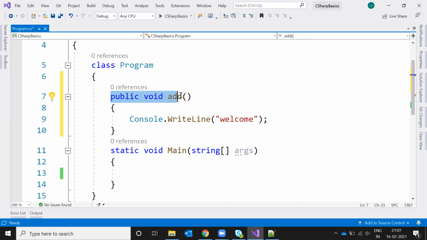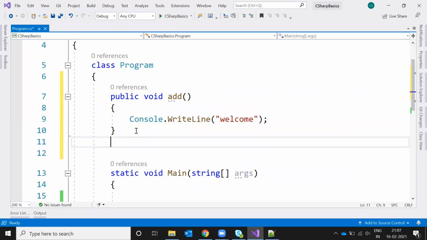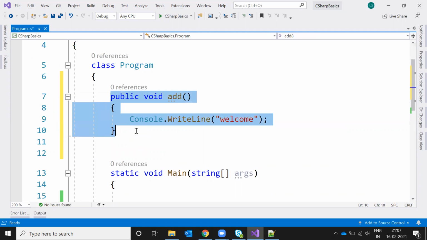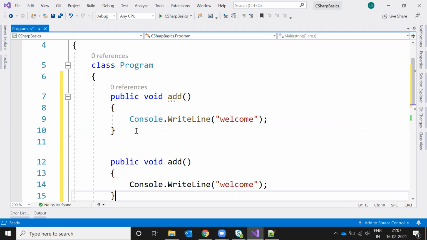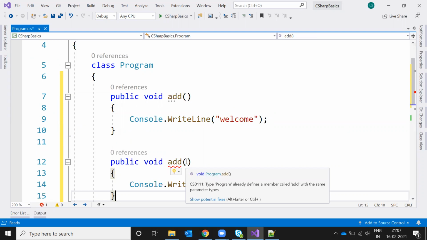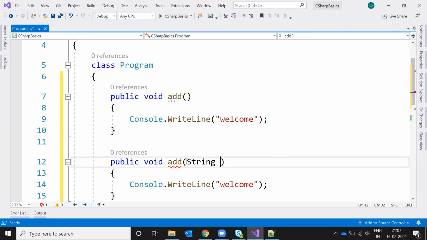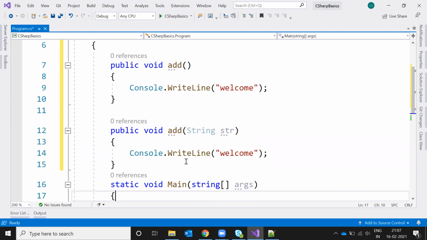Besides the function without parameters and without a return type, we can create the same function with a parameter, string str. Here string str is the parameter.